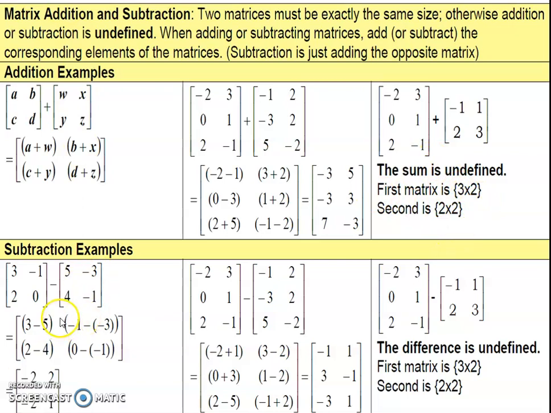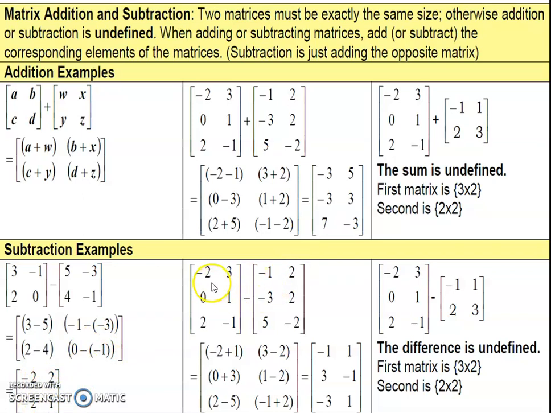Let us continue with the example, next the subtraction example. In the subtraction operation, we must check the order of the matrices. So 3 minus 2 row number 1, 2 0 row number 2; 5 minus 3 row number 1, 4 minus 1 row number 2. 3 2 column number 1, minus 1 0 column number 2; 5 4 column number 1, minus 3 minus 1 column number 2. Both matrices have the order 2 by 2, so we take the subtraction: 3 minus 5, minus 1 minus of minus 3, 2 minus 4 and 0 minus of minus 1. So the answer is minus 2, 2, minus 2, 1.